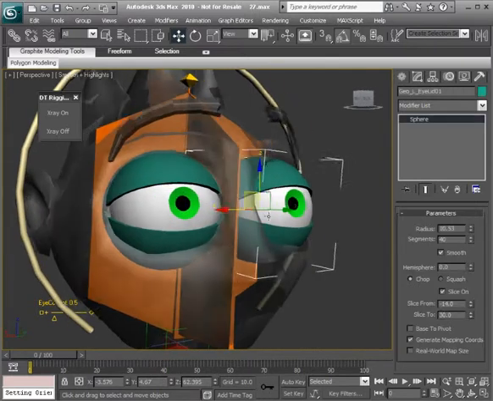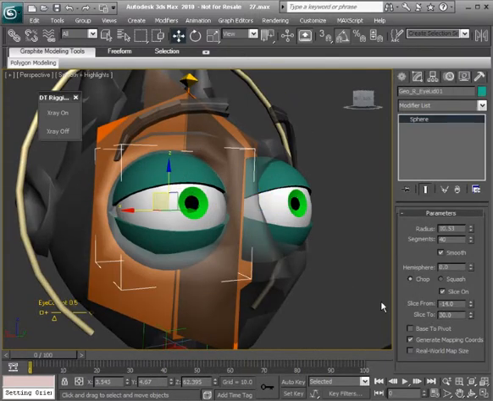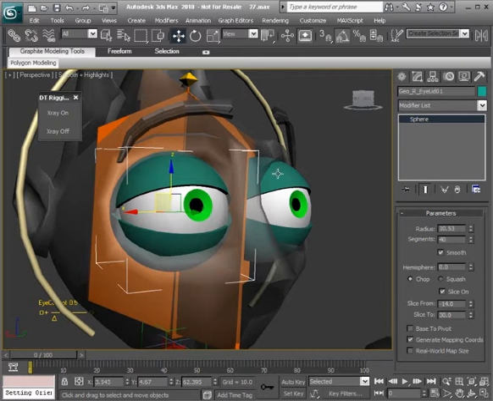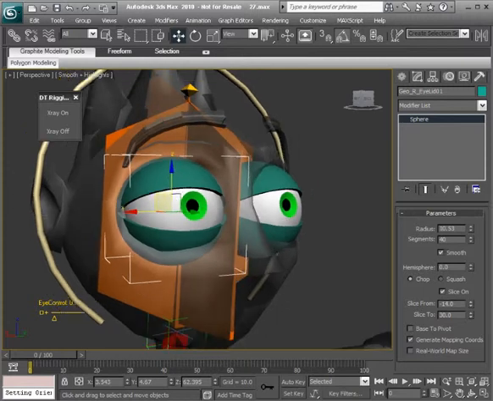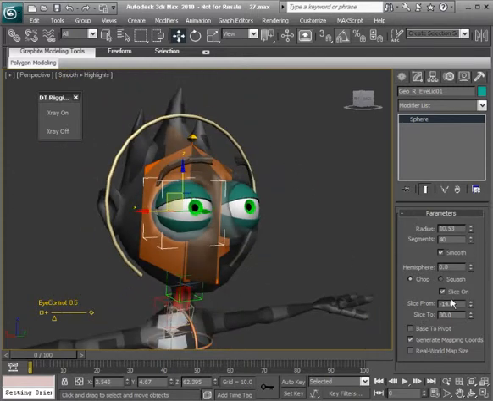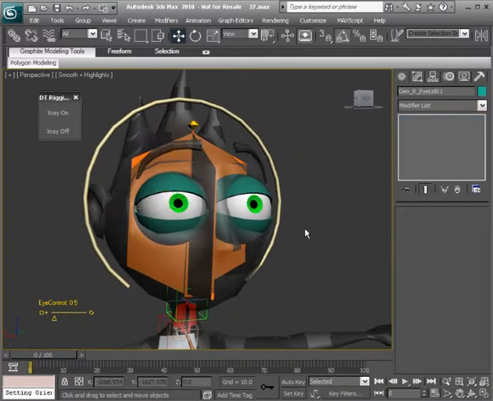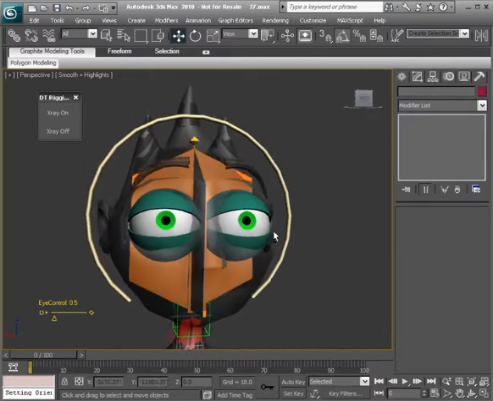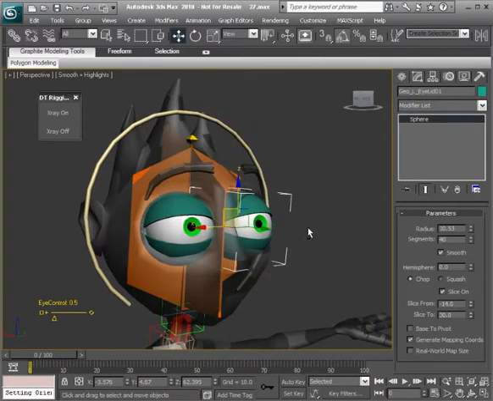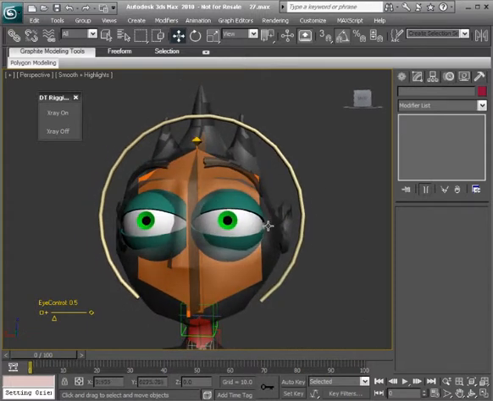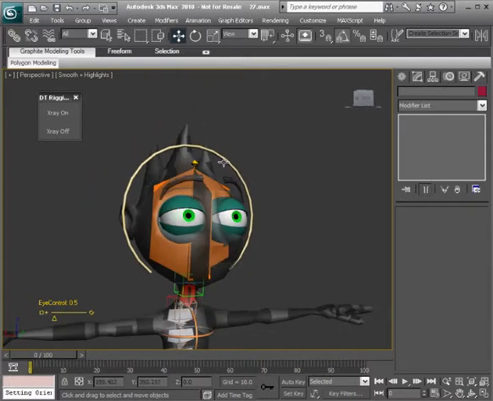Okay, now we have an interesting thing going on here because we have values that aren't set to 0, but we'll want our blink controls to be set to 0 initially so we can maintain this default pose for our eyelids. So we're going to discuss something really important here when setting up controls: we want them zeroed out, but at the same time we want to connect to other objects that aren't quite zeroed out. That'll be discussed in the next lesson, but firstly, let's create our blink